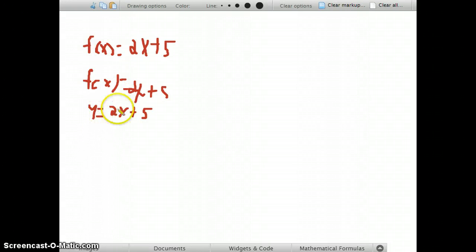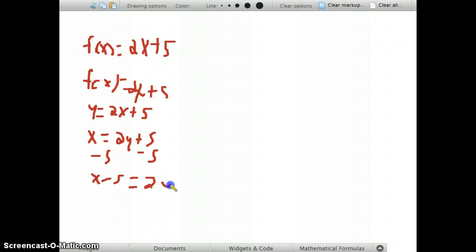So then I interchange x and y. So x equals 2y plus 5. And then on this I solve. And I go minus 5, minus 5. X minus 5 equals 2y. Divide by 2 on both sides. And I get f